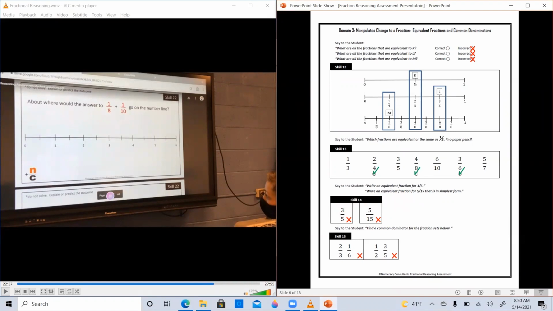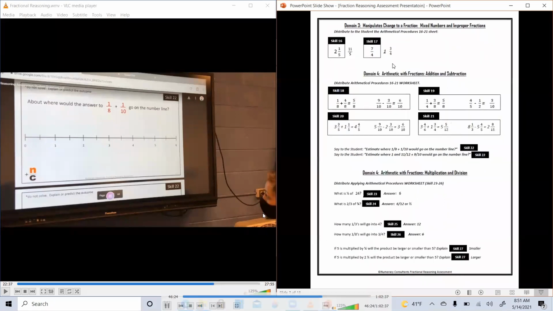So even though it's multiplying or dividing by a number, again, they have to administer that procedure. It's not set up where it says 3/5 times 2 halves in that way. And then same thing, finding common denominator, that requires a procedure to do that. They have to apply the procedure. Okay. So up to this point now, when you give skill 1 through 15, it's all done as an interviewer